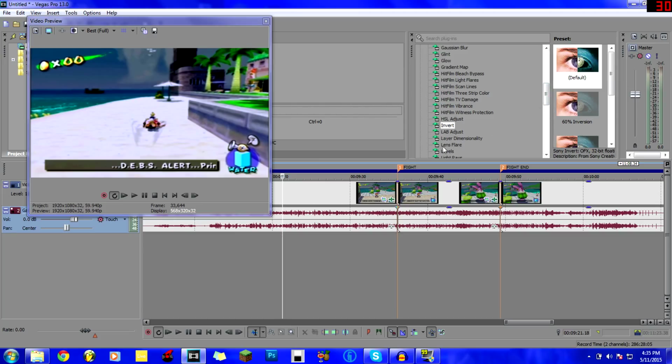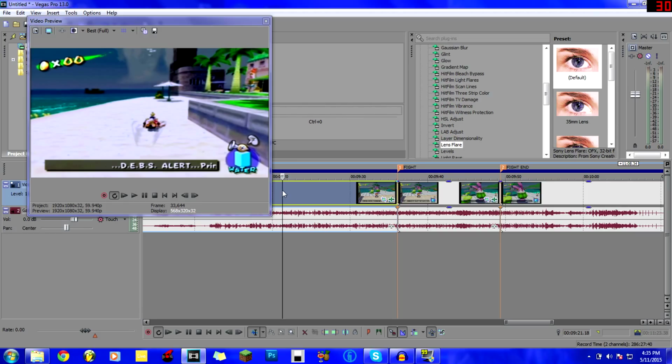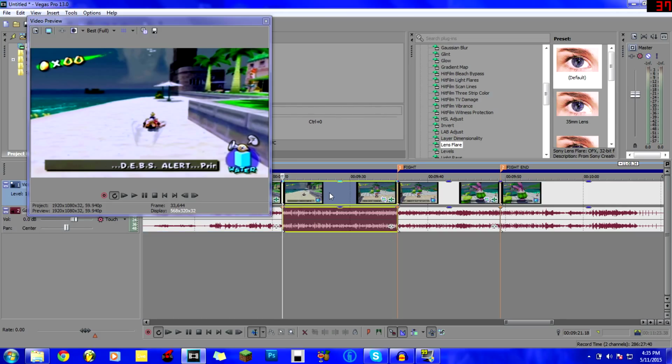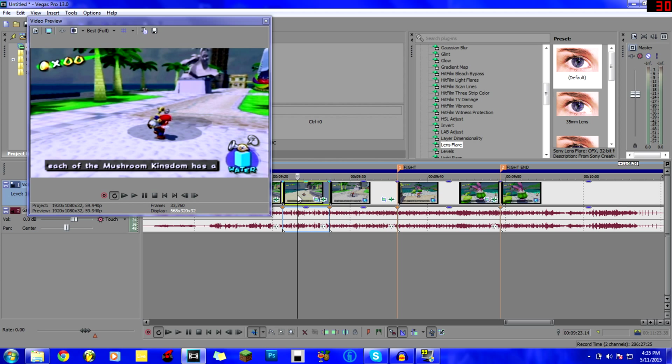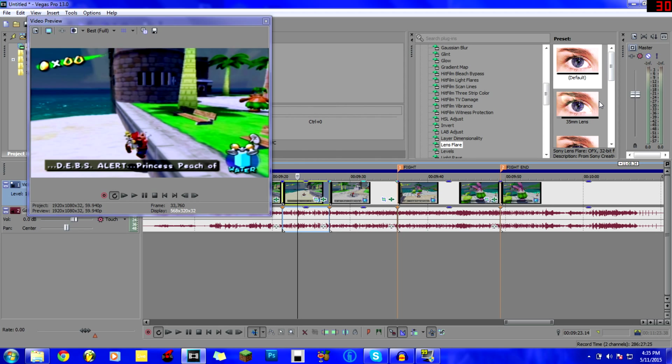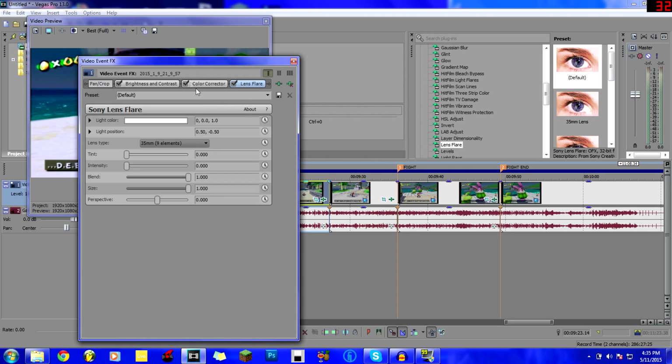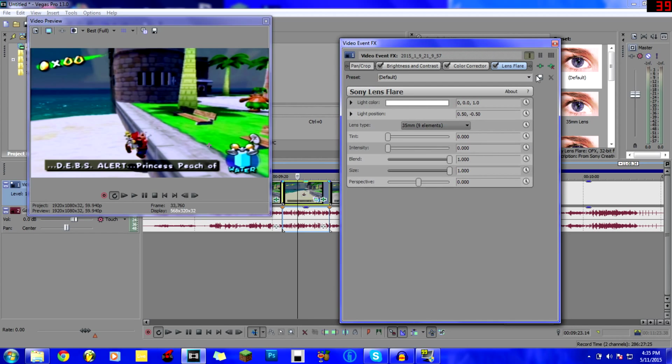Another thing I like to do, a lot in my intros, is lens flare. So let's do it on this scene in particular. So we'll hit this. I'm just going to split it for this one, but you can mark it too. So we'll have it there. So what I do is default. Now these you can't really tone to whatever you want. So you pick a lens. If you notice, you got a little dot thing on there now. So if you actually move it around, I don't know why